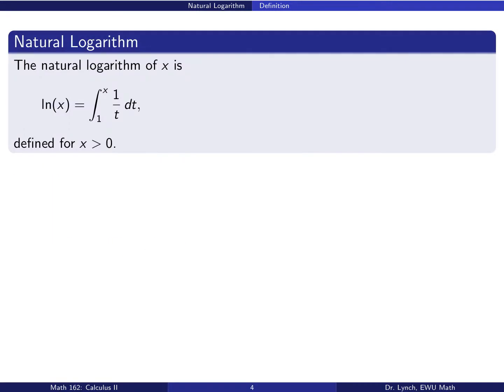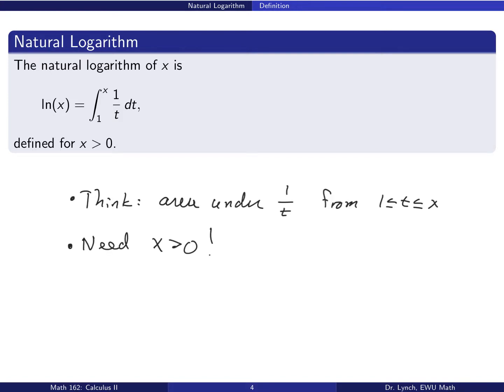So here's a definition. The natural logarithm of x is given by ln of x, and it's found by doing a definite integral, the definite integral from 1 to x of 1 over t dt. So this is something that we can understand naturally because we can graph the function 1 over t, and we can think about finding the area under the curve from the value 1 to the value x. So again, we can think of this as the area under the curve 1 over t from 1 to x,